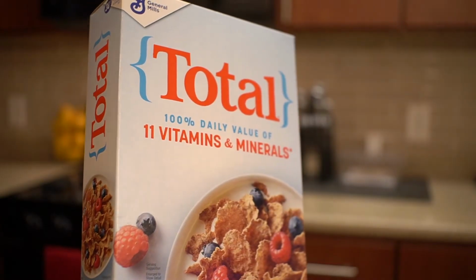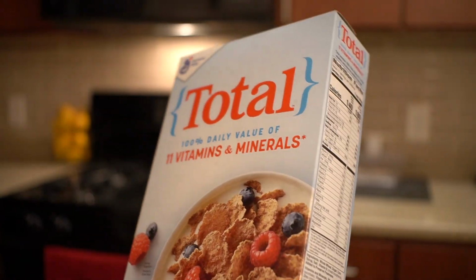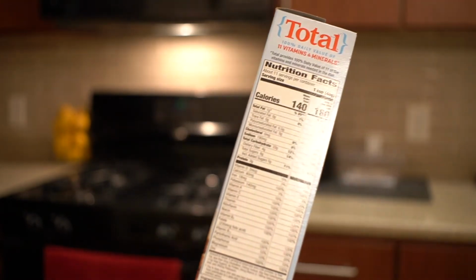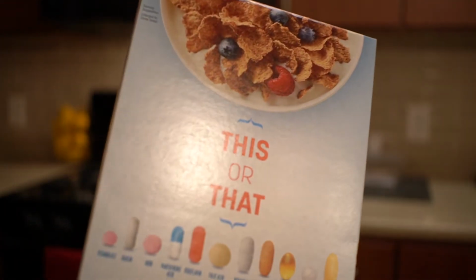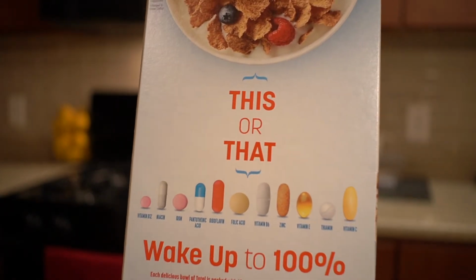Total cereal is a fantastic cereal to add to your breakfast routine because it is loaded with 11 vitamins and minerals. And it's important to note that it's not just that it contains these vitamins and minerals, but it has 100% or at least a good percentage of the recommended daily intake that you need for some of the more important vitamins and minerals on a daily basis,